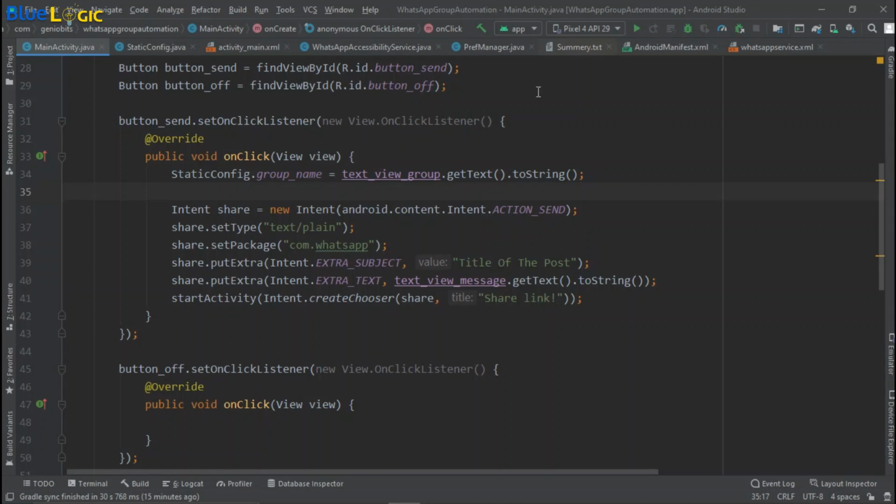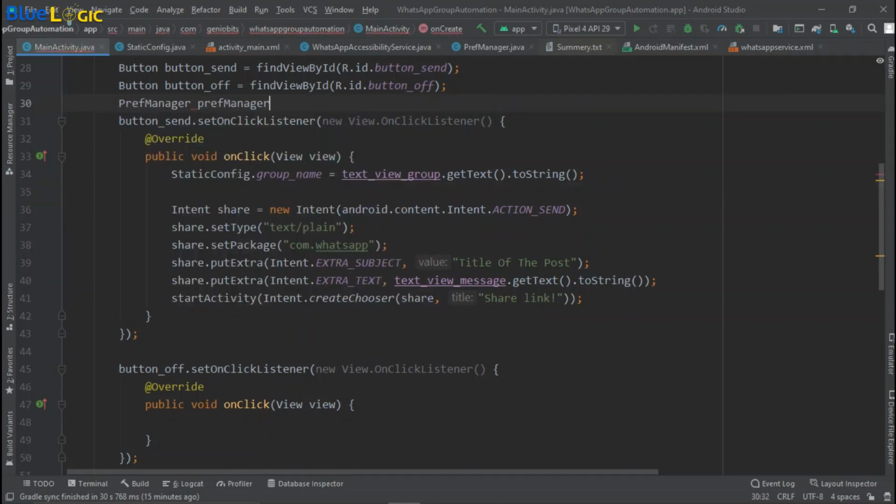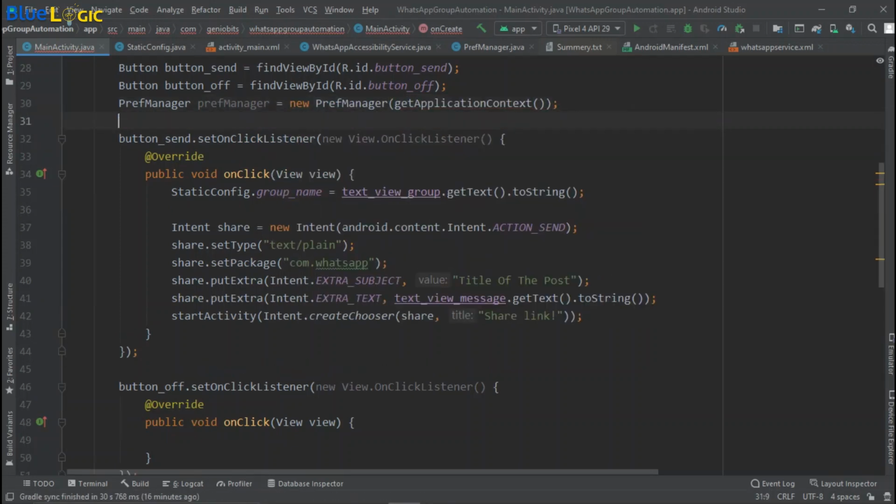So for that purpose, I'll just create one instance of preference manager here, equals to new preference manager, and then we have to pass application context to it. Preference manager dot set is on equals to true, and when user will click on the button off, we just have to set it to false.